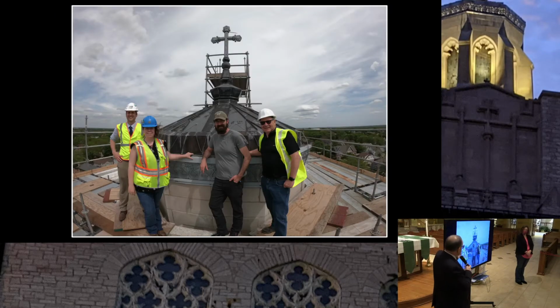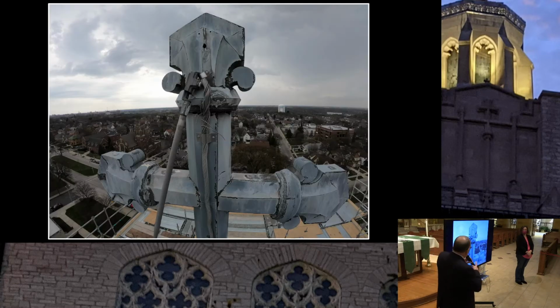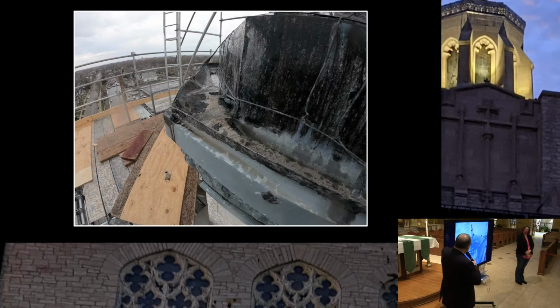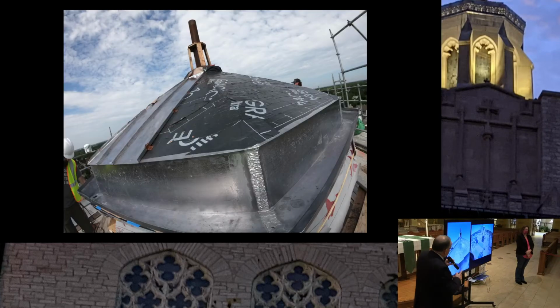Here's Chris Bowl, who's the vice chair of the committee, and of course our leader, Holly, Brian Kirkpatrick, our director of maintenance, and then myself, prior to the stripping of the old roof. The cross itself, you can see there's an aerial that's actually hanging. That's what this piece is right here. That should be upright. That's the lightning protection. And the cross, as well as the roof, the guttering system, everything was shot. So we replaced that, putting in new lead-coated copper, and then we had to find a panel, a freeze panel,